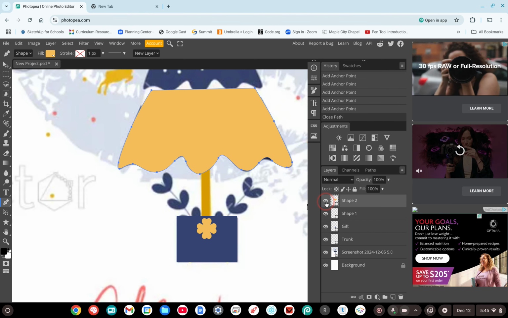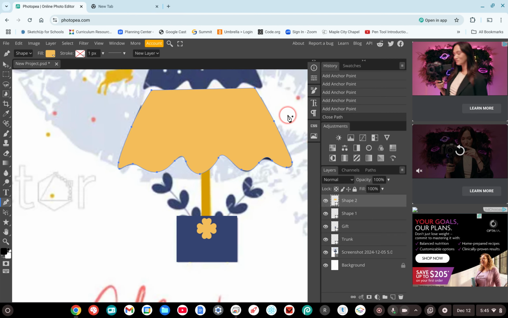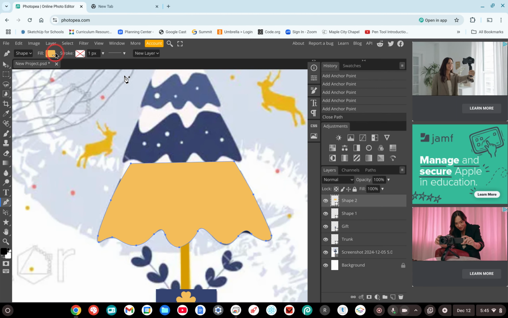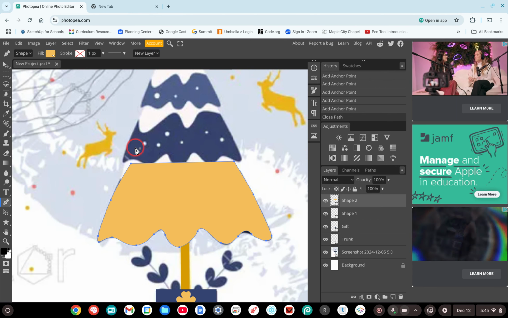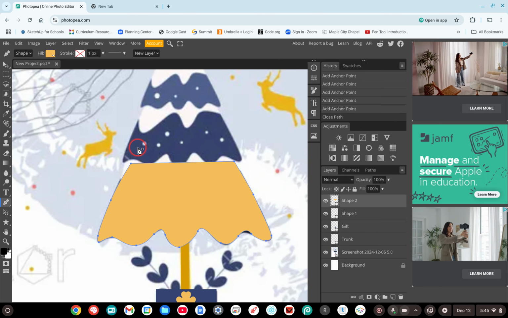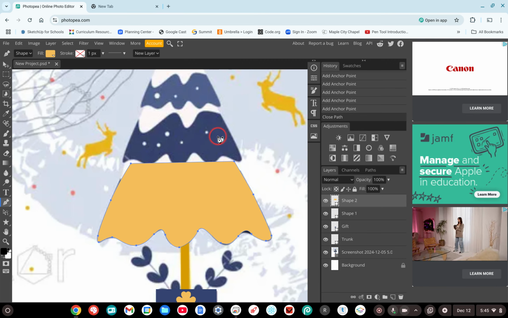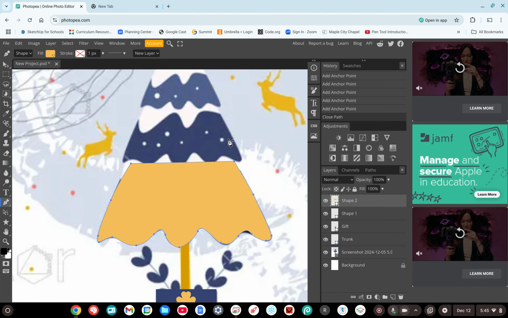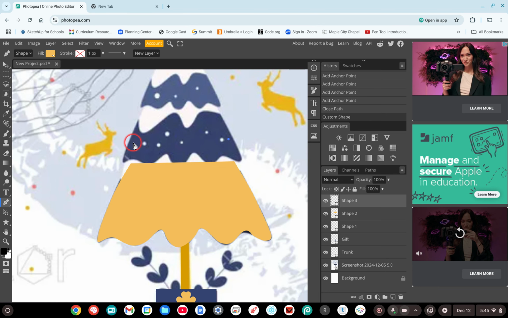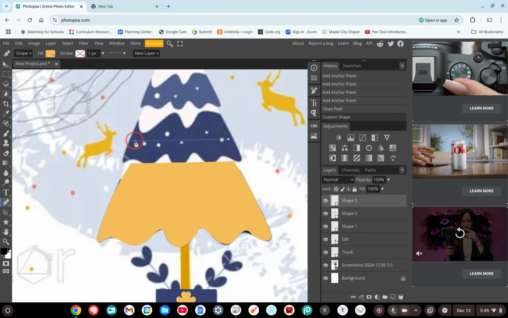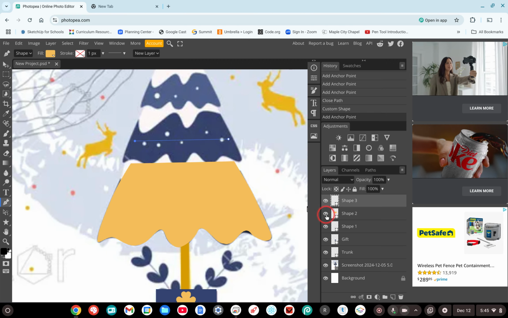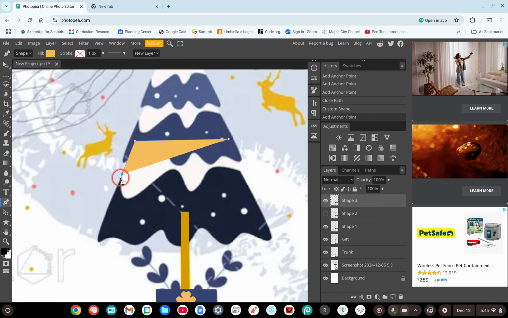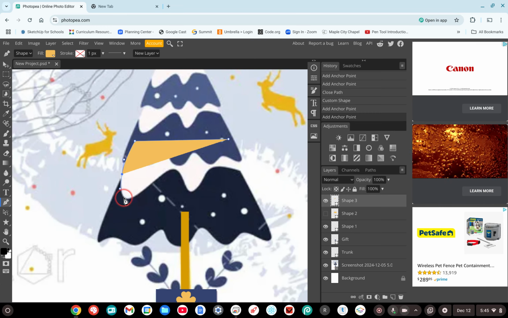So there's one shape. I'm going to go ahead and make sure that my tool is still set to create new shapes. So it's a new layer. I'm going to create one snow layer to show you the next layer. So my snow layer, I'm going to go in the similar direction. I want my snow layer to be hidden, so I'm going to go ahead and click up here to start, and then just create a straight line across to this point. I'm going to hide my previous shape so I can kind of use the example here that I have. I'm going to click here and drag out some handles, then click here,